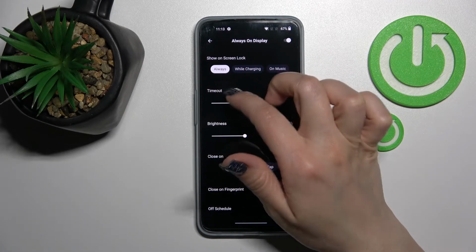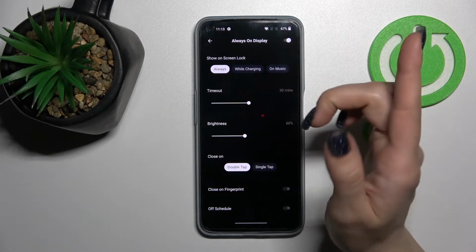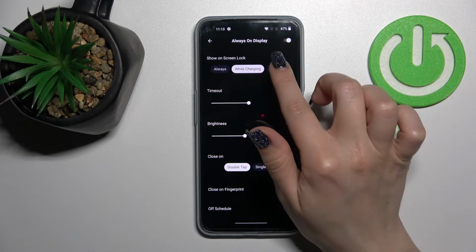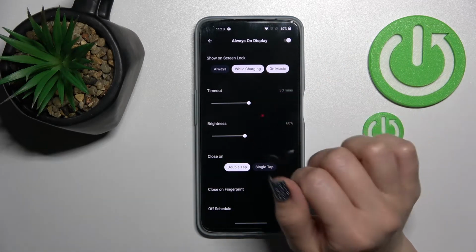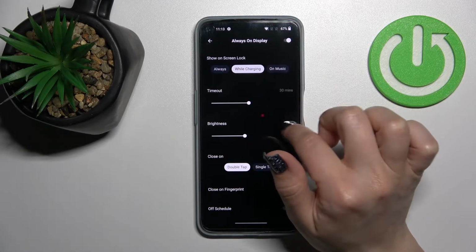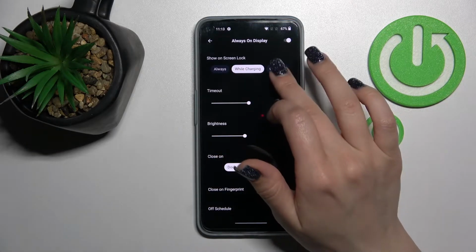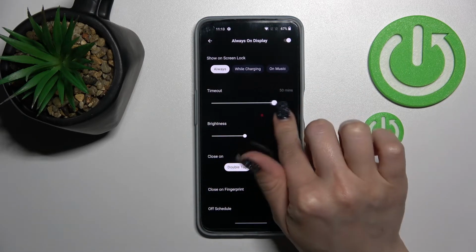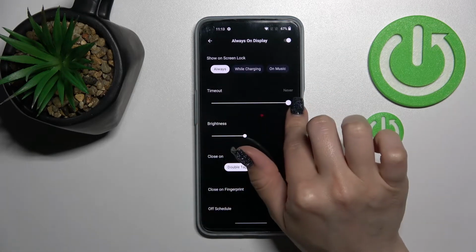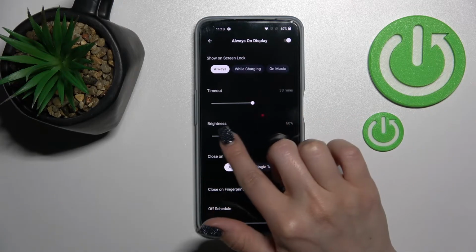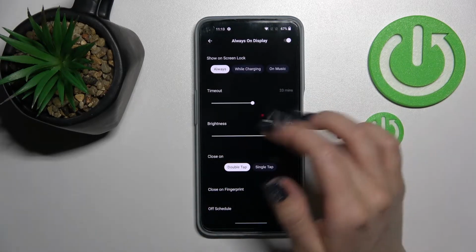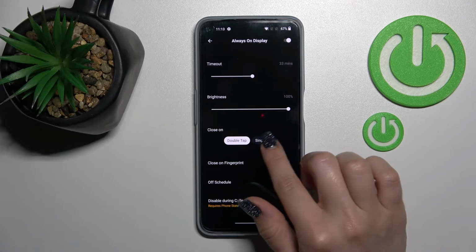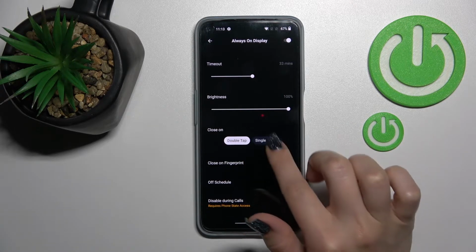now we can switch to just show time on the always on display from always, while device charging, when we play the music, or also we can use those two features separately. Or we can switch the timeout of the AOD from 1 minute to never. We can decrease or increase the brightness level, and we can also close with the double or single tap on